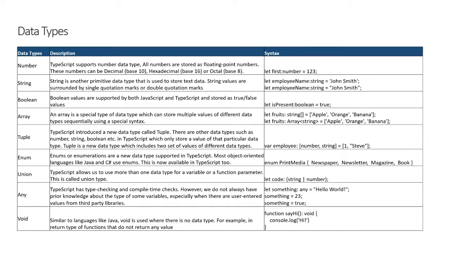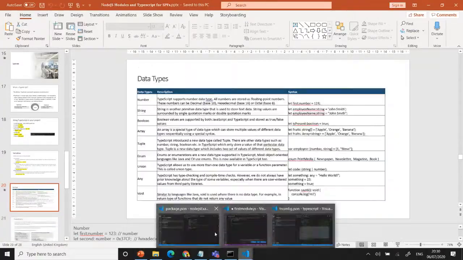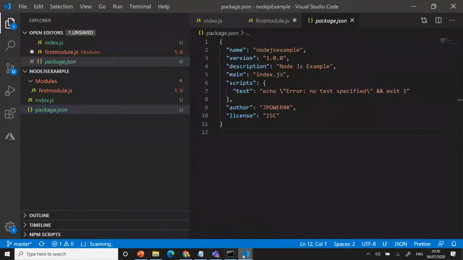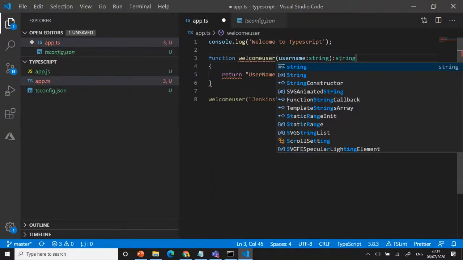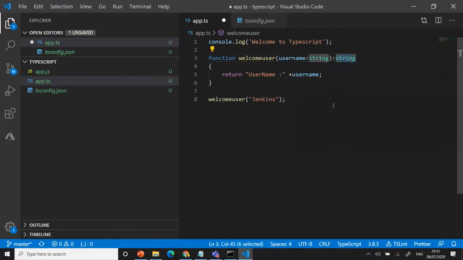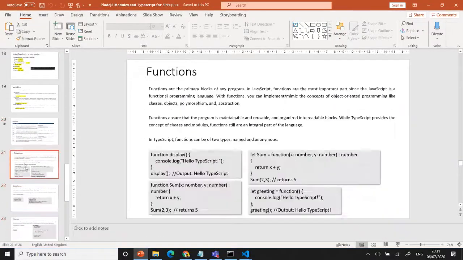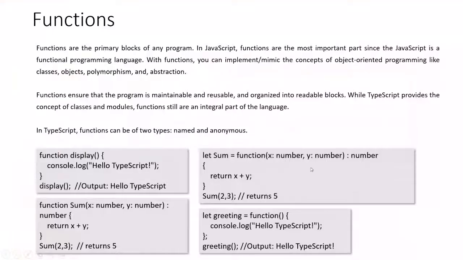If we return a string, you can mention string, right? I'll show you in this code. You can see here the return. Whenever I'm going to return something, if you are not returning, then it will take it as any by default. You need to mention it like that, then only it's mentioned as the return value. You need to remember that. And you have the functions, same function format. You have that function and you have the return type. I have shown that, right? You have the primary blocks you are able to use.